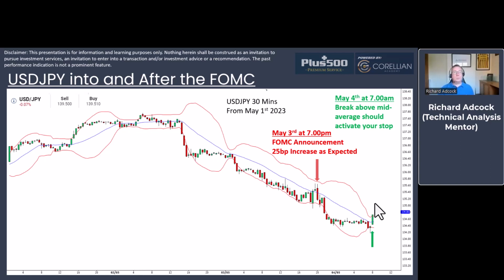So it's important when we approach these important and significant data points or interest rate decisions that A, we're aware of the expectations of the market and what's likely to happen if those expectations are met or not. And we can use technical tools like Bollinger Bands to monitor how the market's actually trading, how it perceives the reaction to that data, and whether or not we're starting to see acceleration with increasing volatility, which is where we all really need to be active within the market, because that potentially is where the greatest profit can be made